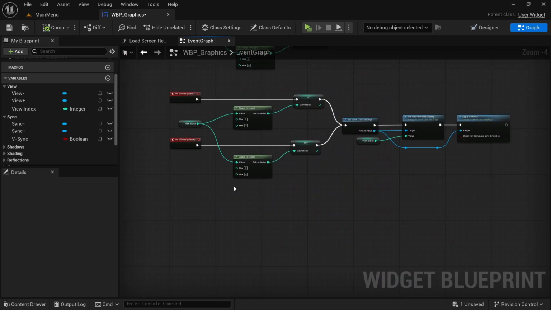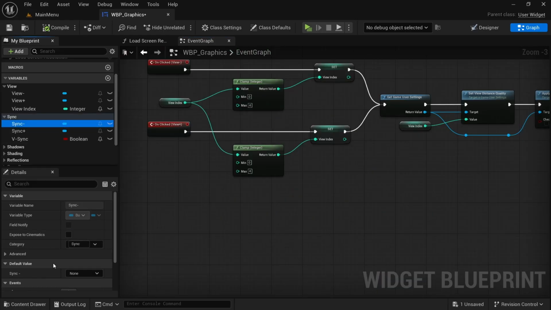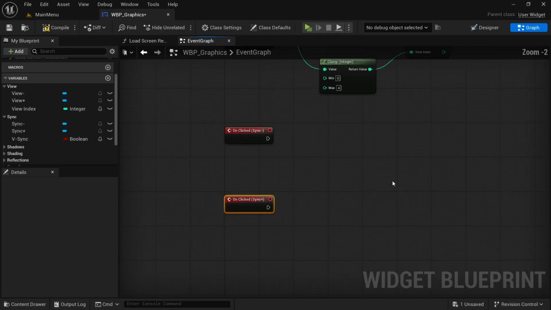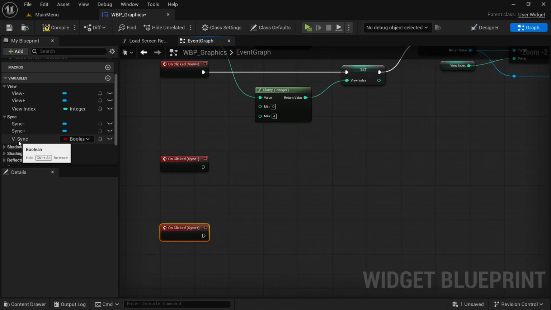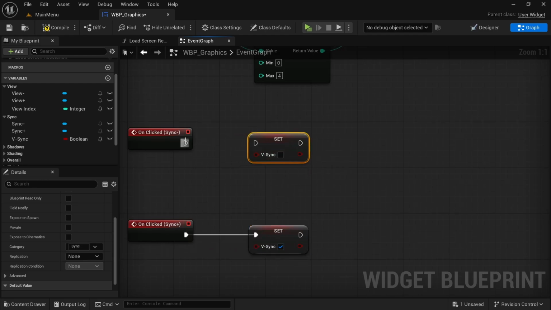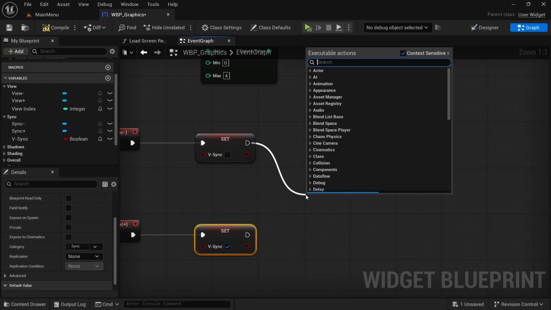So with everything done, now I'm going to do the vsync. For the vsync, negative, positive on click. Then I'm going to drag in the vsync, hold Alt, drag it in. So for the negative, we're gonna leave it as false, and then for the positive, we're gonna set it to true, and then just connect the execution pins, and then we're gonna look for drag off from either one, and